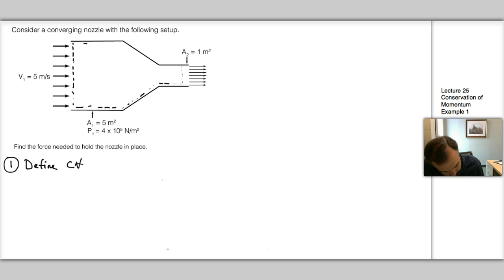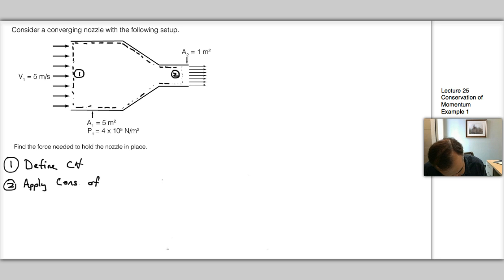and then comes back along the other end of the nozzle, then when we do our fluxes, because of the v dot dA term, we only need to worry about two surfaces, surface 1 here at the influx and surface 2 here at the outside of exit part of the nozzle. Okay, so now we've done a good job of defining our control volume. The next step, number 2, is to apply